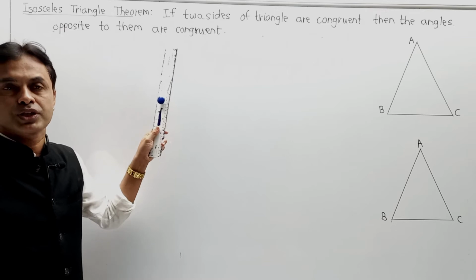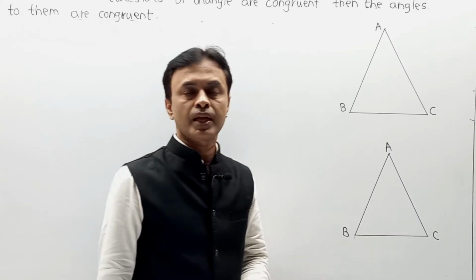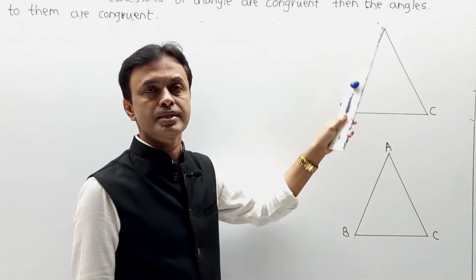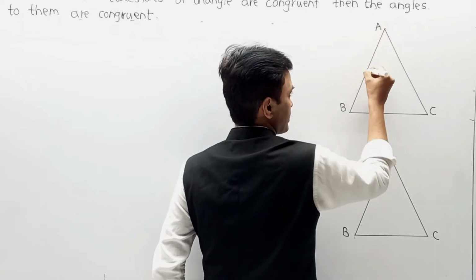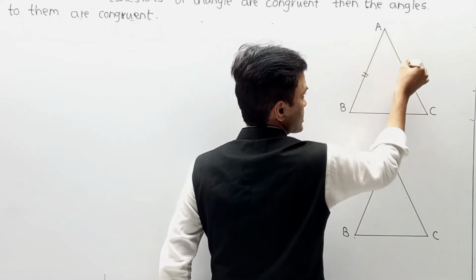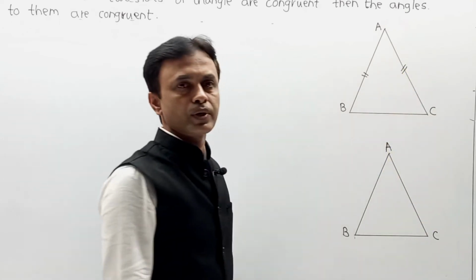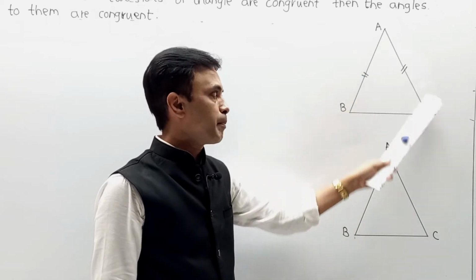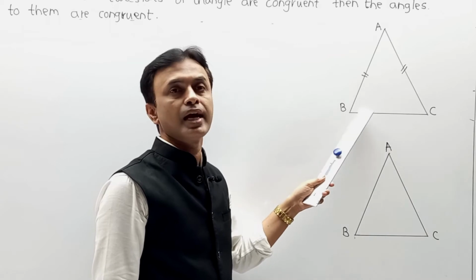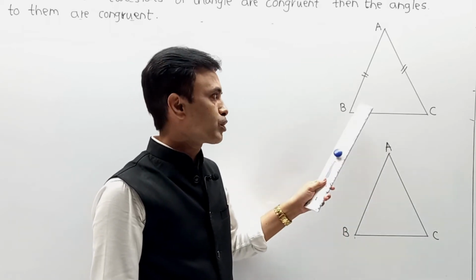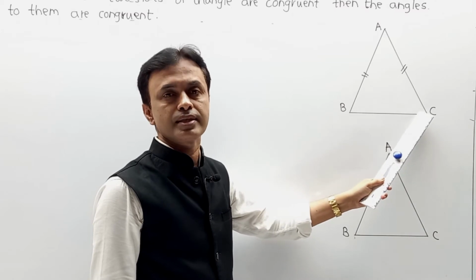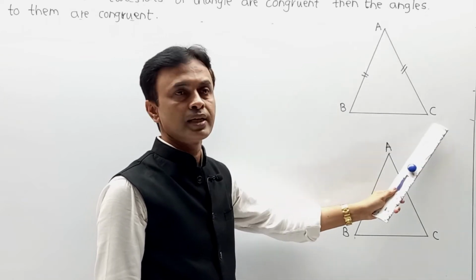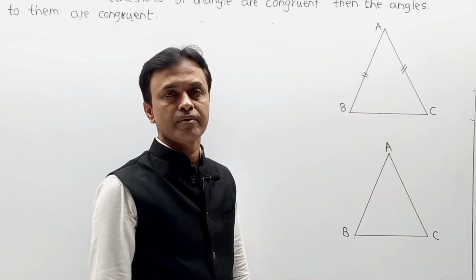To give the explanation of this statement, we have drawn one diagram over here. Let us say there is a triangle ABC, and there are two sides, side AB equal to side AC, meaning these two sides are congruent. Then we have to prove that opposite to side AC, angle B, and opposite to side AB, angle C, these angles are congruent. Means you have to prove that angle B is congruent to angle C, or you can say that angle ABC is congruent to angle ACB. That we have to prove.